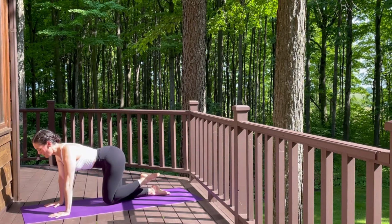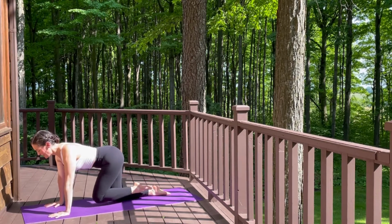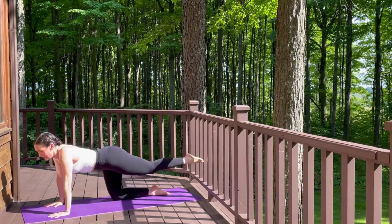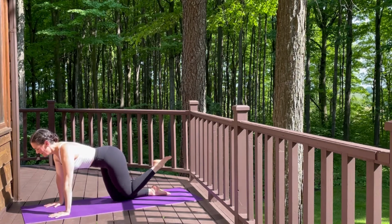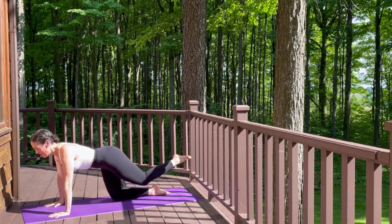And then inhale, bend. Exhale, reach. Inhale, bend. Keep going with this. Making sure that we're not sinking into the shoulders, so keep pressing the mat away and gently hugging the baby. That's going to protect your lower back. 2